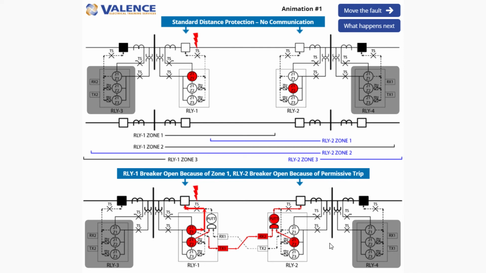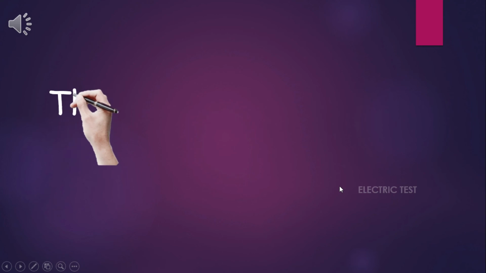These 3 cycles are due to communication delay. If you see the difference between 20 cycles and 3 cycles, it seems a very small value. But in electrical terms, this 17 cycles is a high value, because 17 cycles is enough to destroy our electrical system. If these 17 cycles are reduced in the PUTT configuration, our system is much better protected. So we prefer the PUTT protection communication scheme.